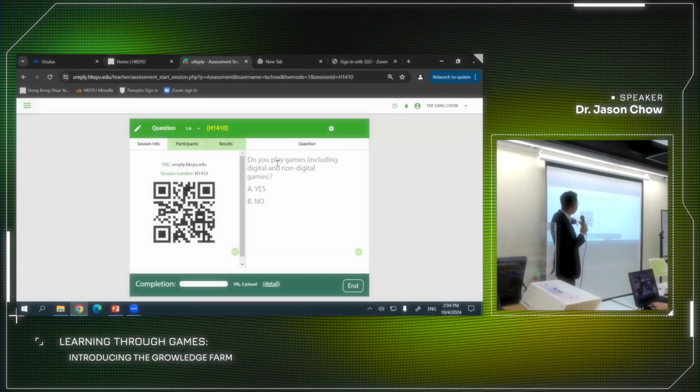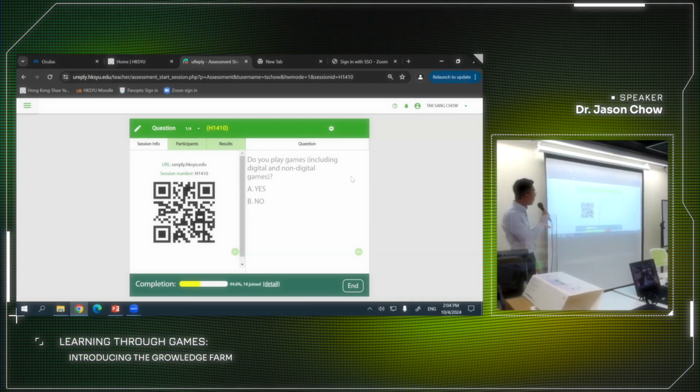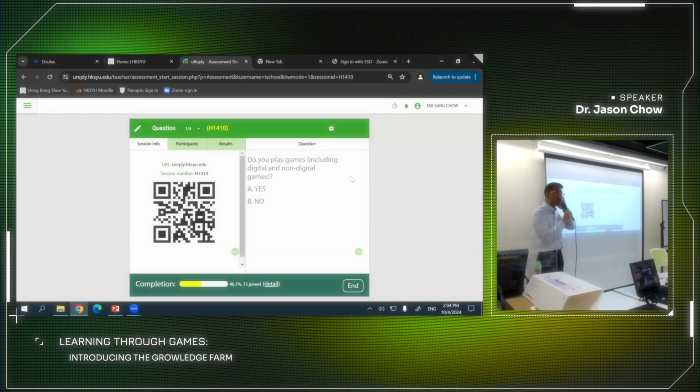Scan the QR code and enter the session number, then you should be able to see some very simple, straightforward questions about your experiences of playing games, either digital or non-digital, whether you have used games or any game elements in your teaching before, and whether you believe that game elements can enhance learning.